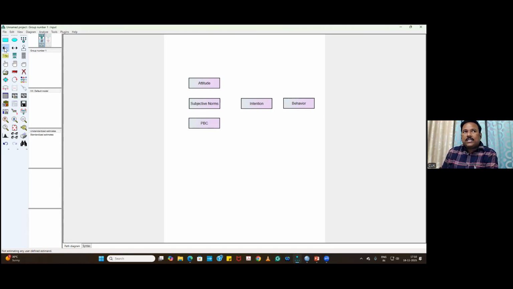I've selected this single headed arrow in order to show the path. When you go to the variable, it will come as a red color, right? So you click here, then you can take to this. When it shows as a green color, which means that the path is drawn, your perceived behavioral control to behavior. And also there is a single headed arrow in our model to predict whether intention predicts the behavior. And you can also see the subjective norms to intentions and your attitudes towards the